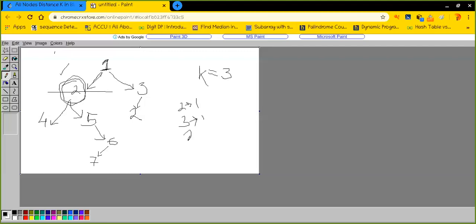Similarly, for 2, because I'm not storing the values, I'm just storing the nodes, that is why the addresses are different. So these 3 are the mapping that I currently have. All right. So let's say there is a queue, and in this queue, first of all, I will push the target, and I'll try to propagate all the nodes using BFS traversal.